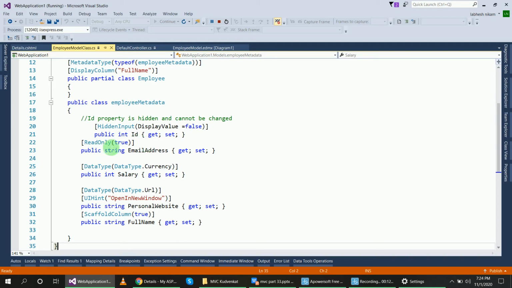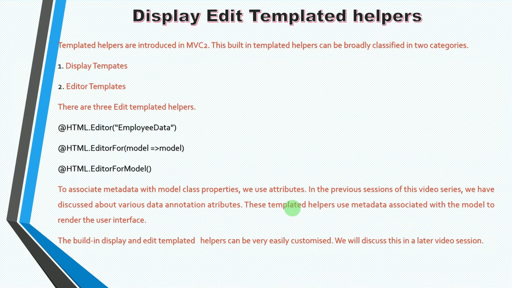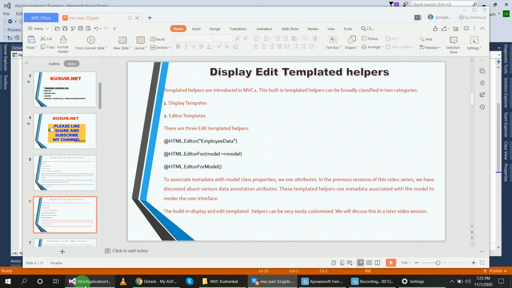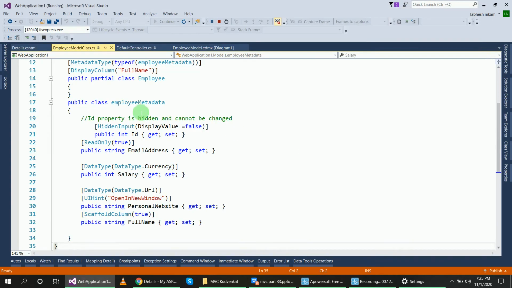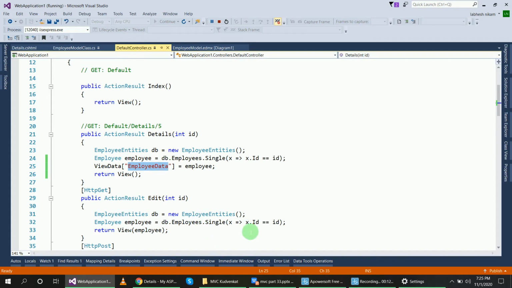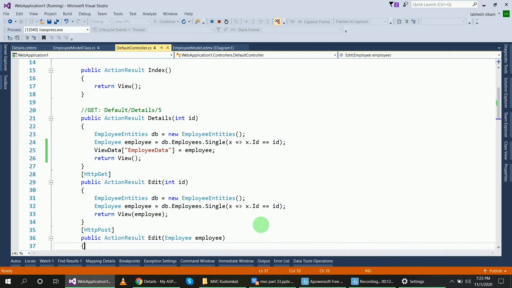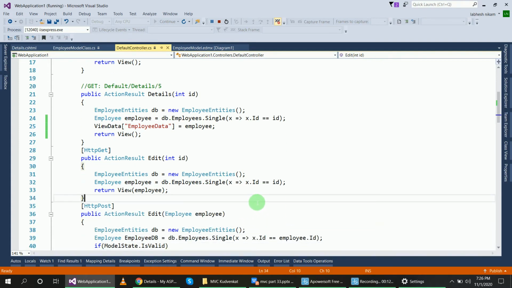Now we will use the editor template in Visual Studio. We have this edit method, and inside of this edit method we have this property. So I will right click on this and create a view for that. Before this, I have to disable this debugging. Now we'll right click on this, add view.